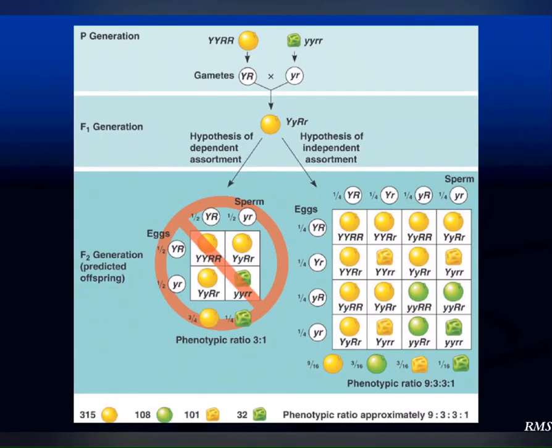So in this case, P generation, he had yellow round seeds, so yellow is dominant, round is dominant, crossed with green wrinkled seeds. So green is recessive and wrinkled is recessive. So all the F1 generation would have come out to be yellow round because that dominant trait would have been passed on. Now if he takes the F1 generation, the big Y, little y, big R, little r, crosses it